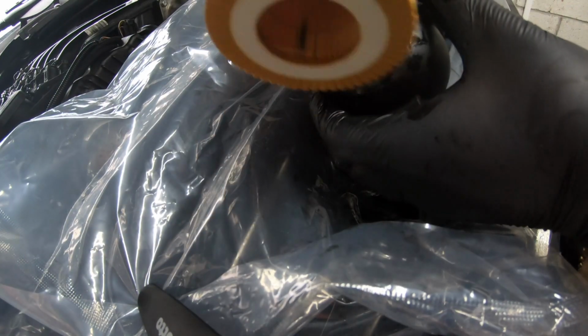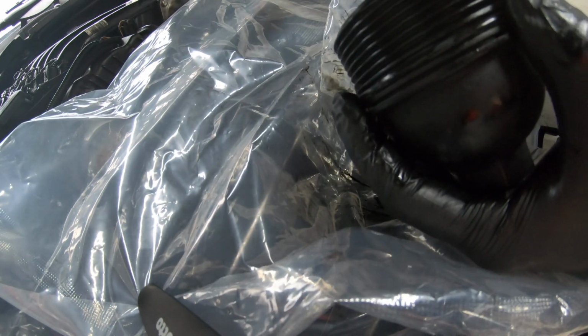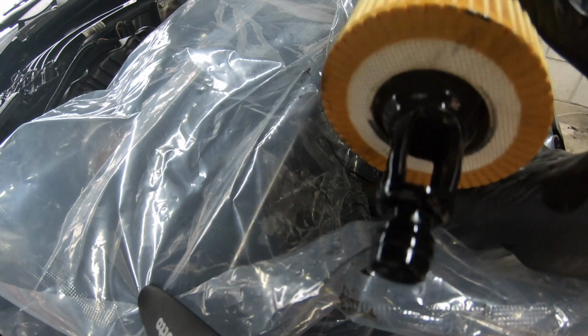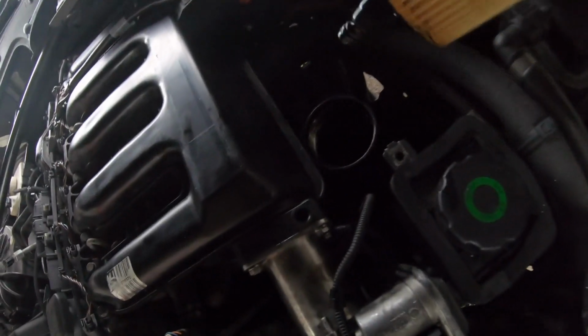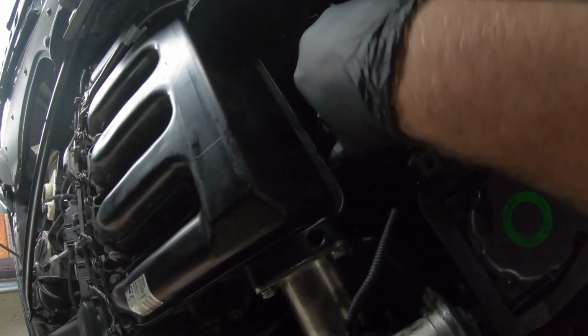So as you'll see right here, this is the new filter. Look at the condition of it, a lot better. I'm just going to push this on to the filter housing, which is like that, which is all on. That's the new filter, and that's now on perfectly. So now what we're going to do is put this back in the oil filter housing itself. We're just going to plug this in here like that, and then just tighten it in